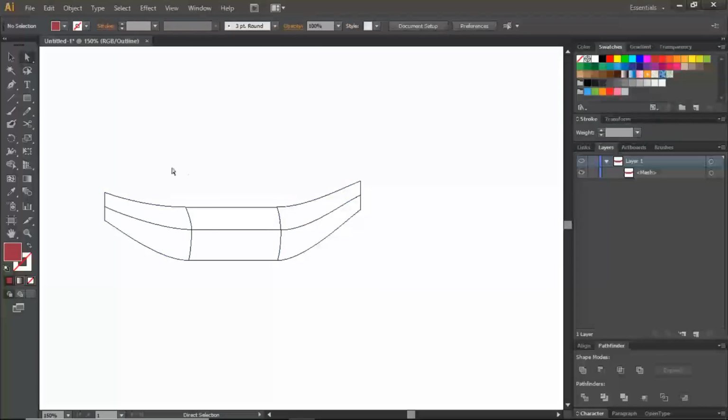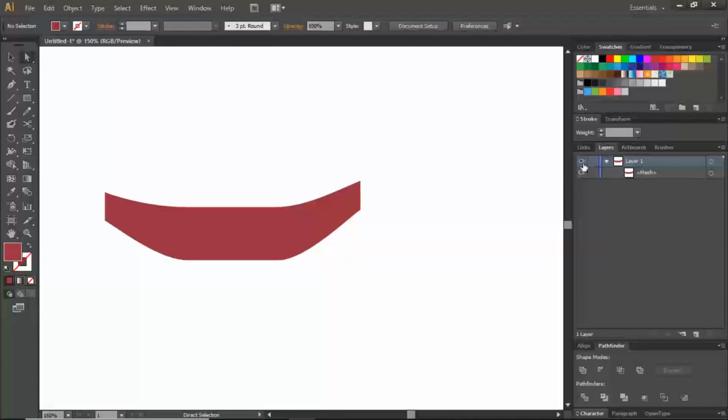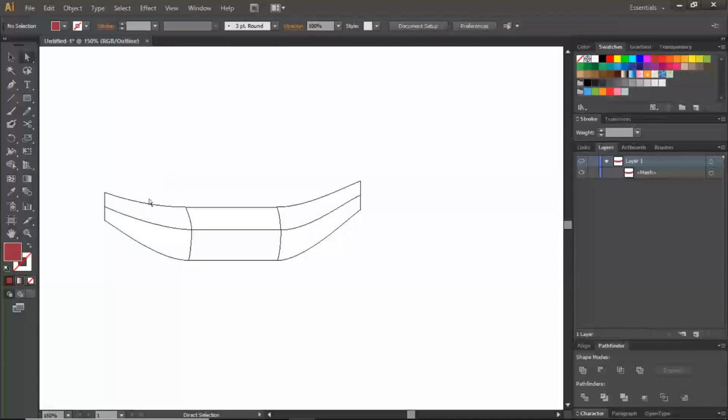When you have a base shape like this, and you turn on the outline, you can decide to begin adding more. Let's say another vertical line here, and another one here, and another line here, and another line here. If you want to add more gradient mesh shapes, go over here to the mesh tool, or just click U on your keyboard. Now when you click in an empty space,